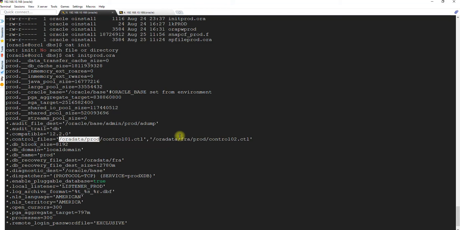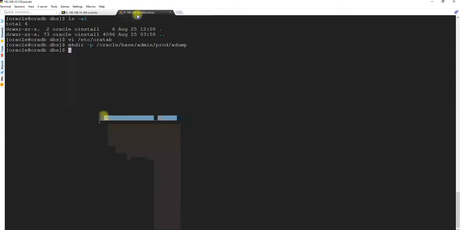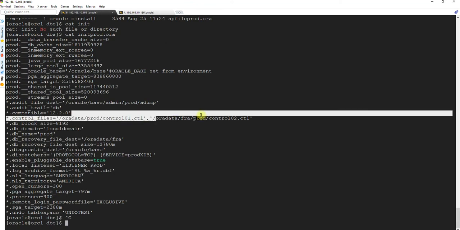Okay, so just a second. That directory structure is created. Let's see if this is there. I hope not. So mkdir -p, this directory structure has to be there.